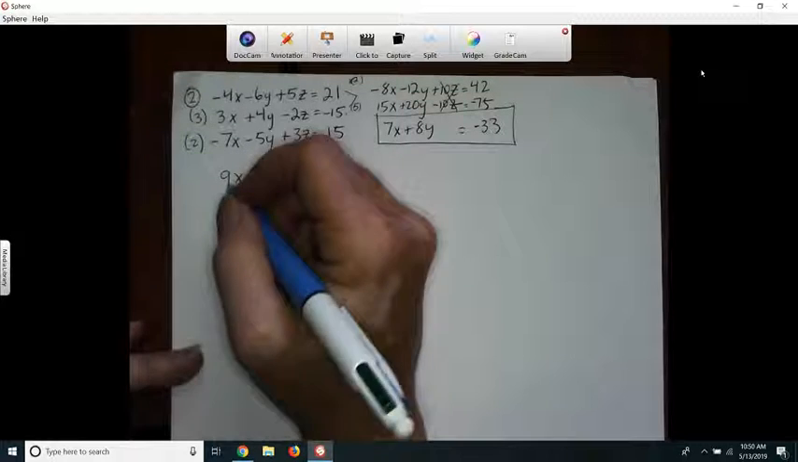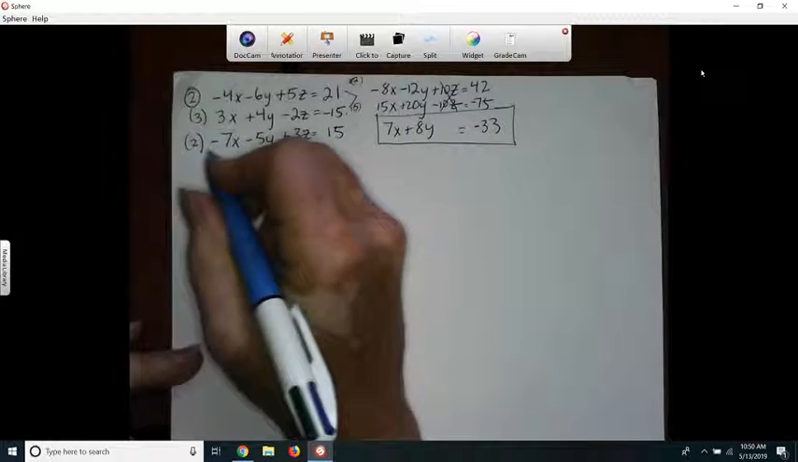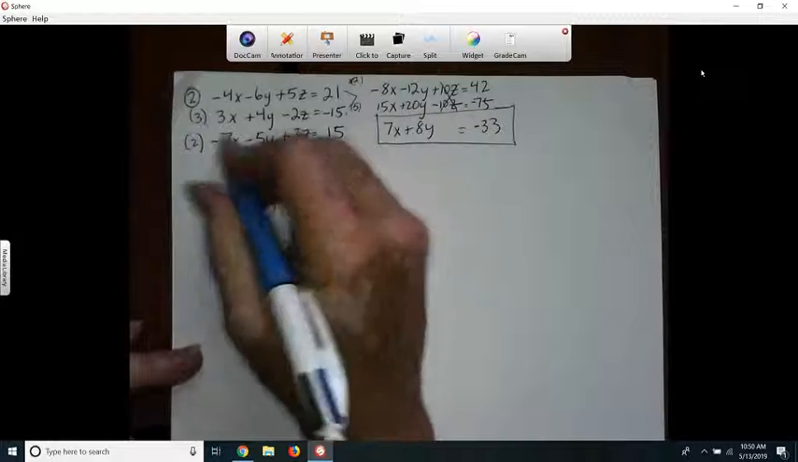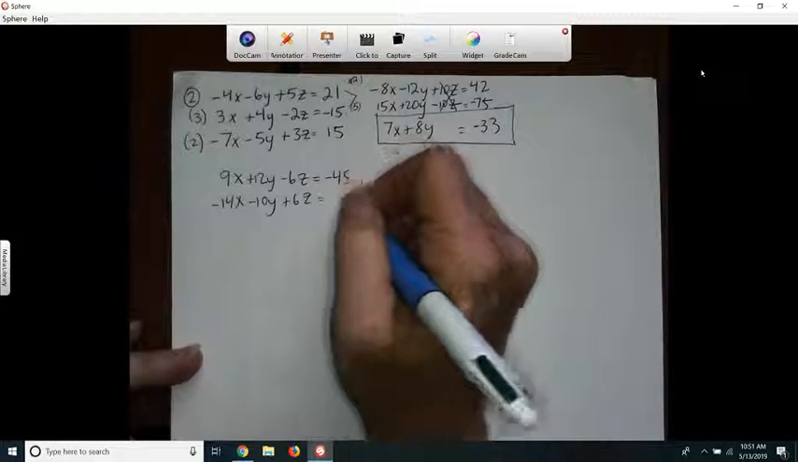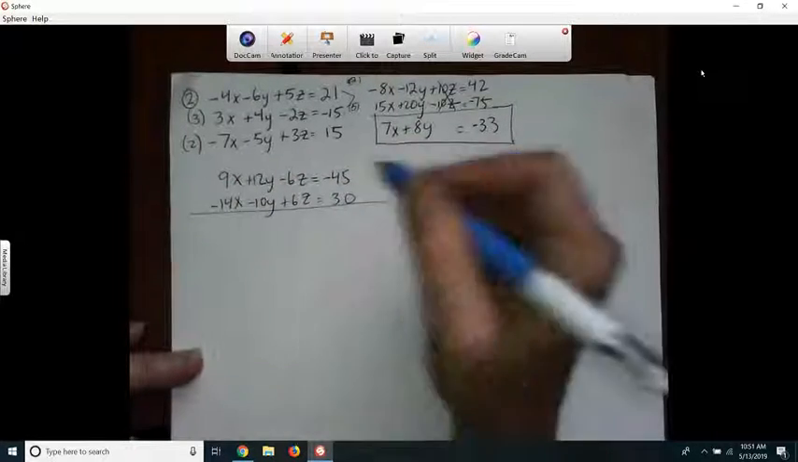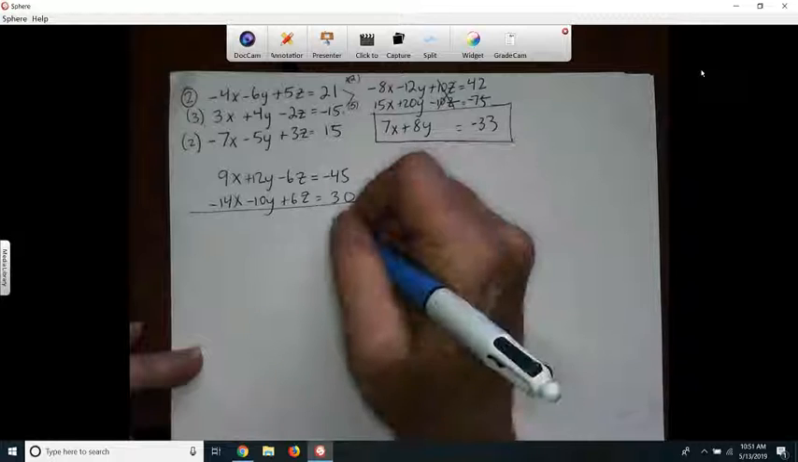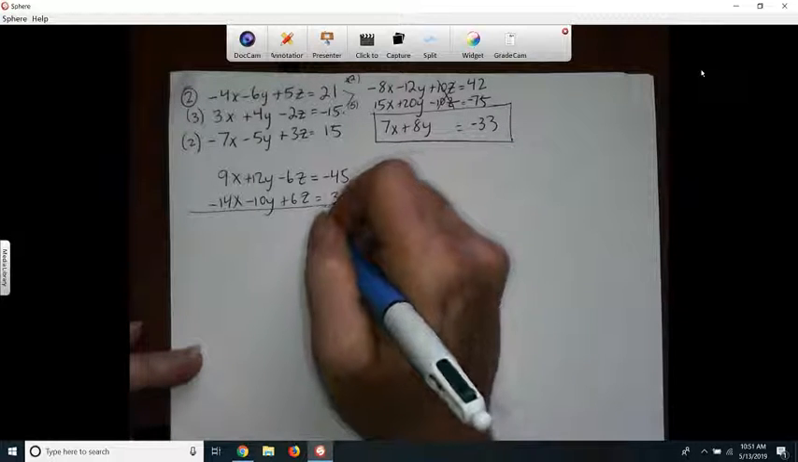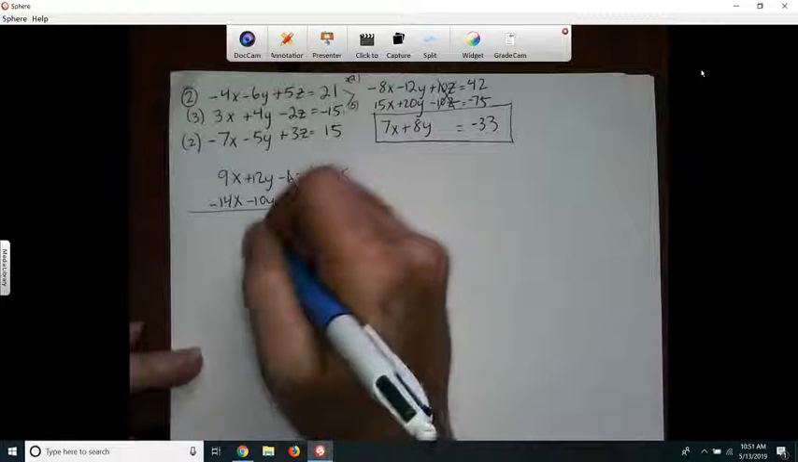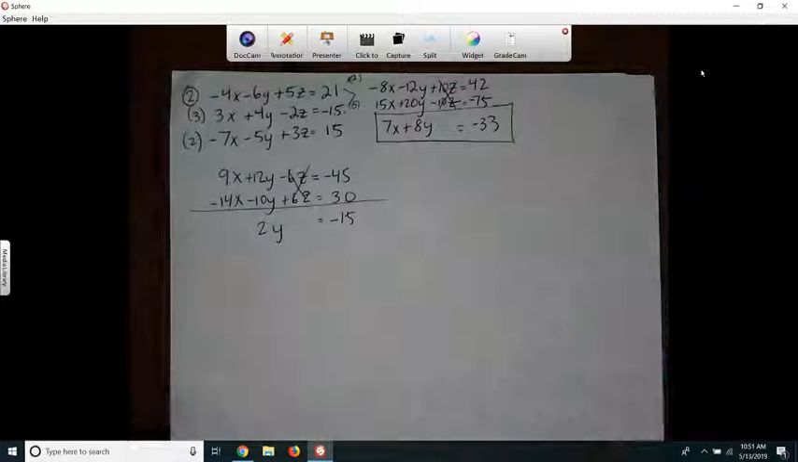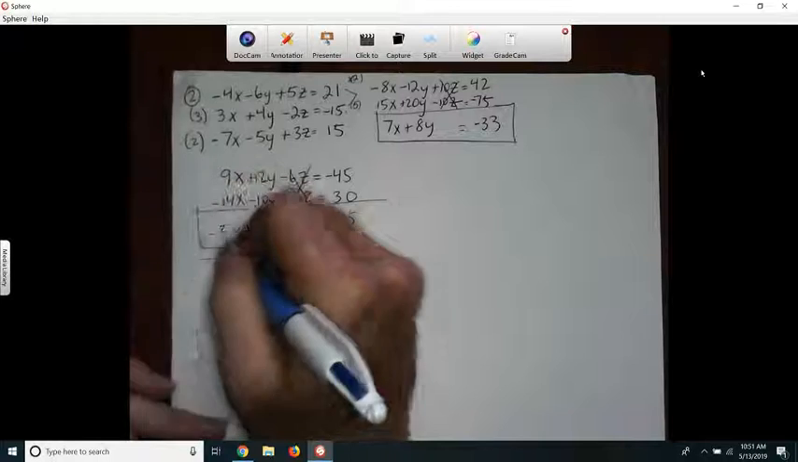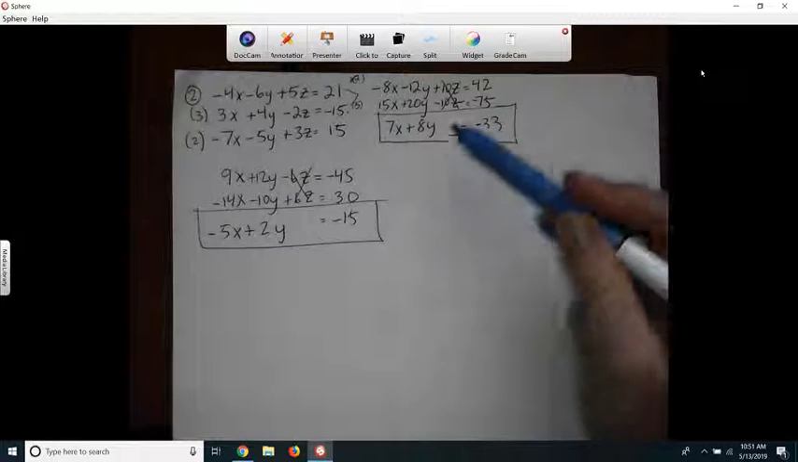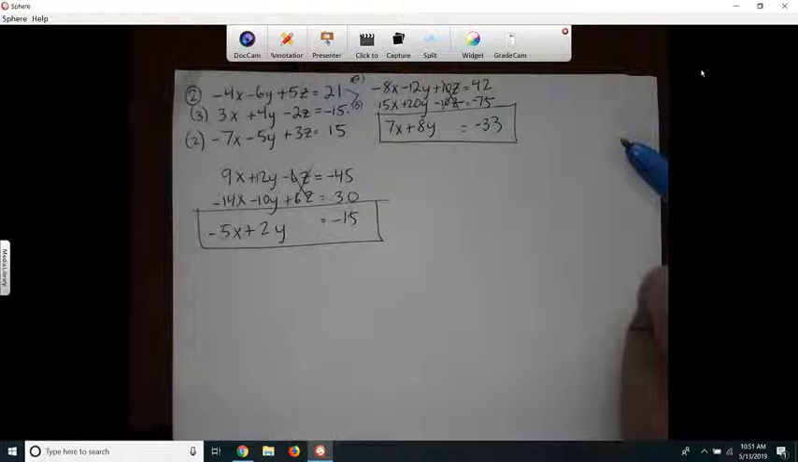2 times 7. 2 times 5. That's 3. 2 times 15. I'm going to add these 2 up. I think that's negative 15. So now I have 2 equations and 2 unknowns, so then I'll just go ahead and, you can use substitution